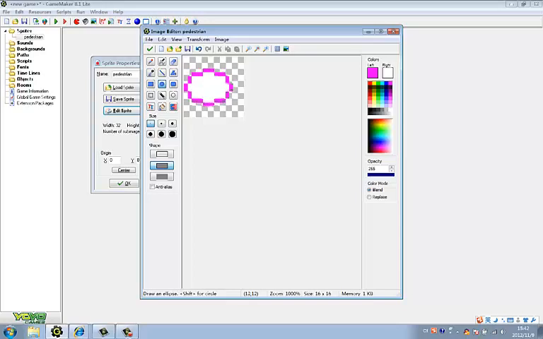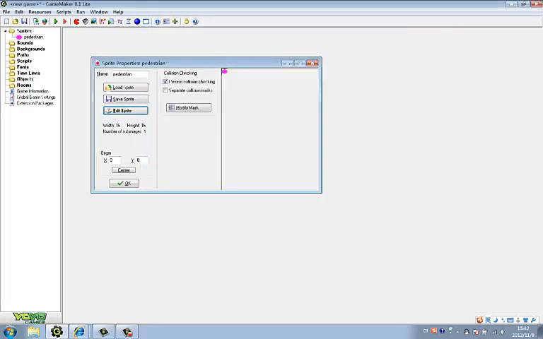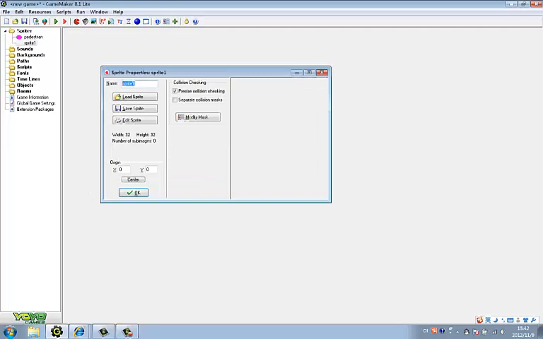To draw a circle and click OK. So that is a pedestrian. Click OK. And then we create another sprite named pathway